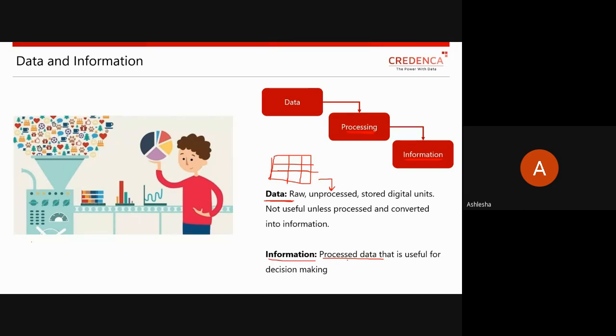Why is it important? If you remember the DIKW pyramid: wisdom, then knowledge, information and data.